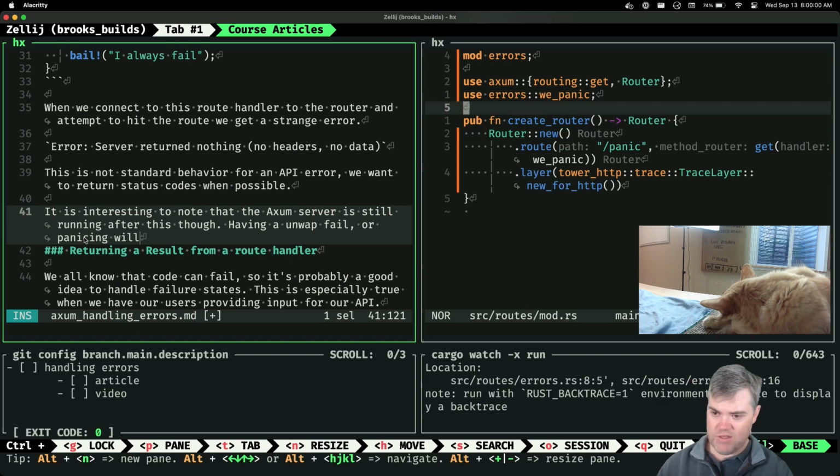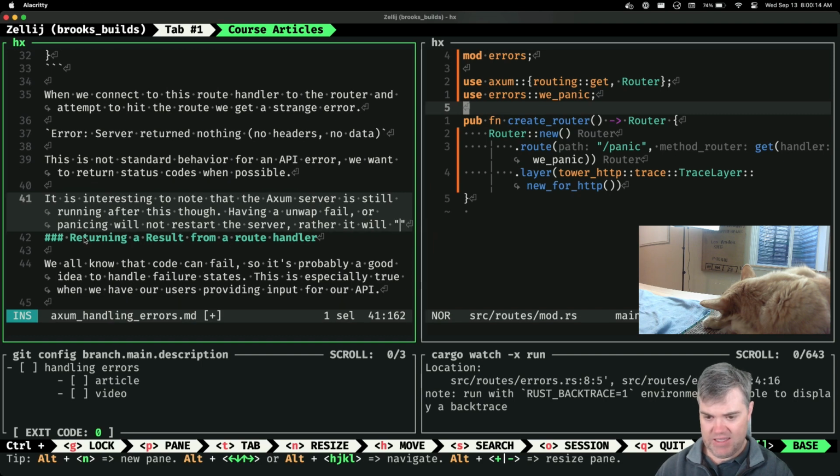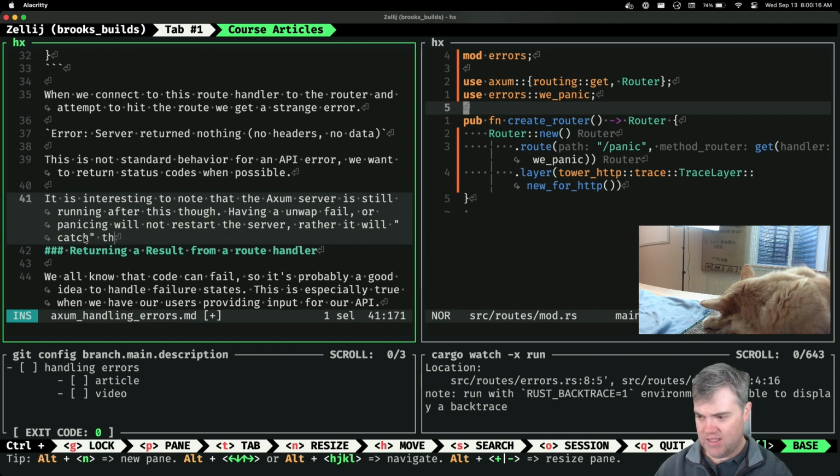It is interesting to note that the Axum server is still running after this, though. Having an unwrap fail or panicking will not restart the server. Rather, it will catch the panic and stay running.